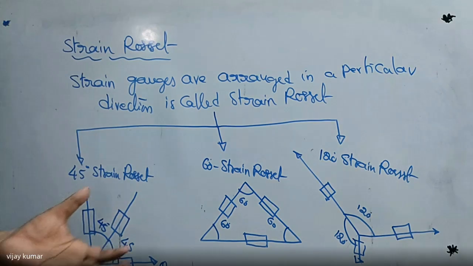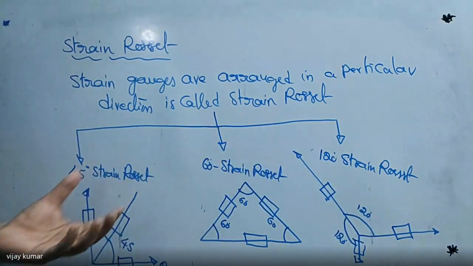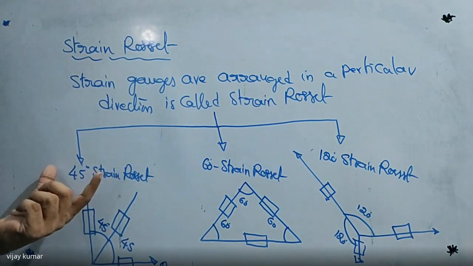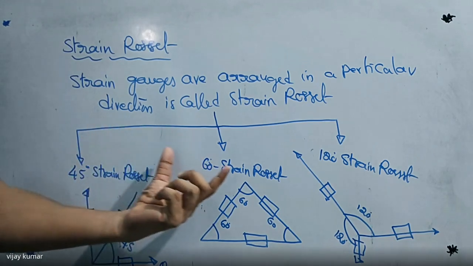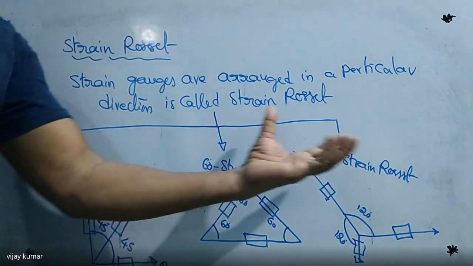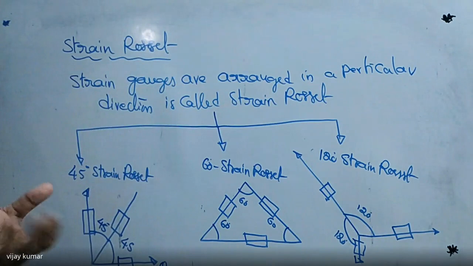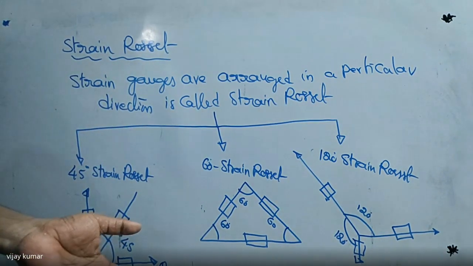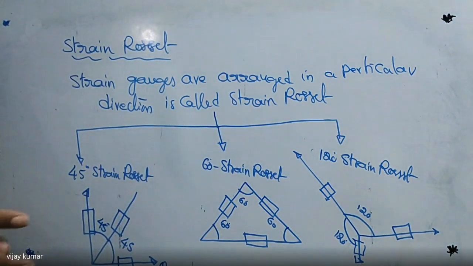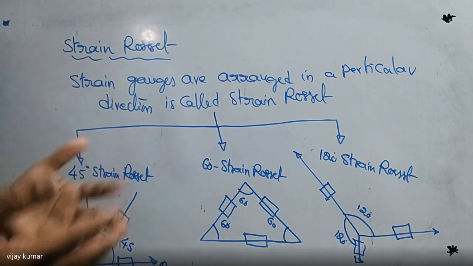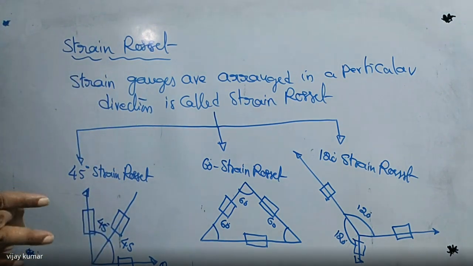So by using any method, so any strain rosette, that is 45 degree strain rosette or 60 degrees strain rosette or 120 degrees strain rosette, we are going to calculate strain values. I will give it to you how to calculate the strain values. And by using these strain values, we are going to calculate stresses values. Okay. All right. Listen carefully. So what I am saying here, after that, I'll give the explanation about the remaining things now.